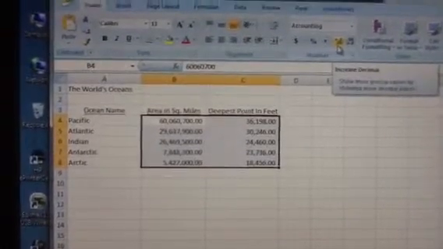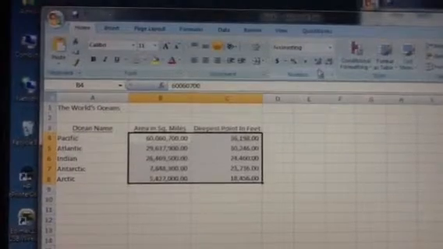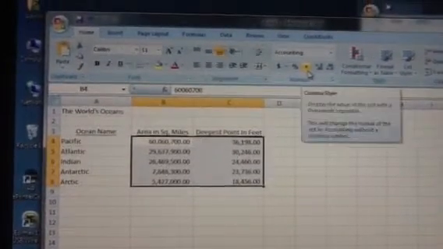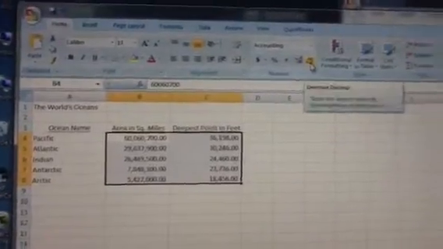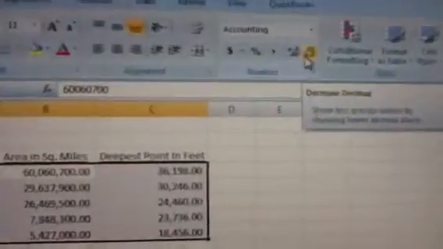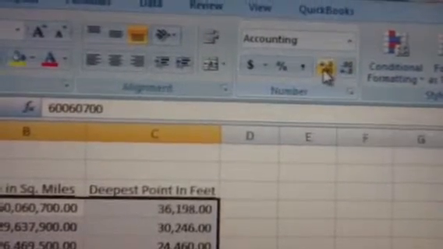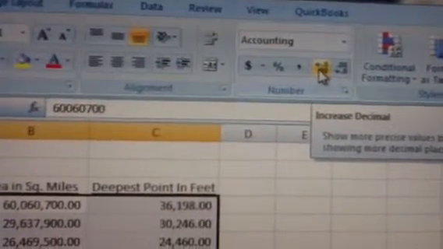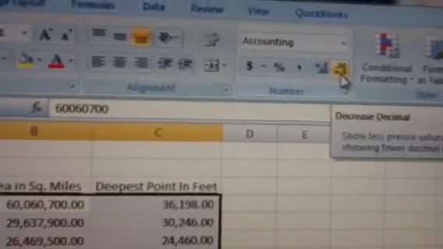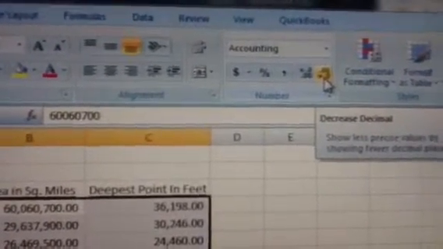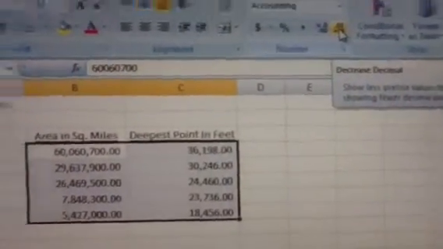decimal points. Now, if you look again back at the number formatting area, there's a section just to the right of the comma that has a stack of zeros. In fact, there's 2 buttons there. One that's a stack of zeros with an arrow to the right and one with an arrow to the left. In other words, we're going to increase the decimal positions or decrease it. In our case, we want to get rid of the decimals, so we would click that one button once, and